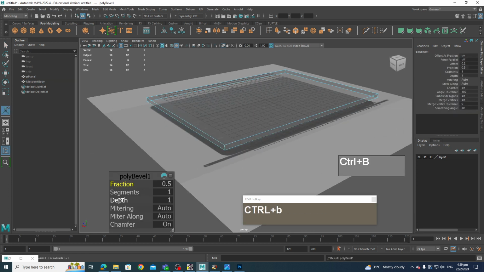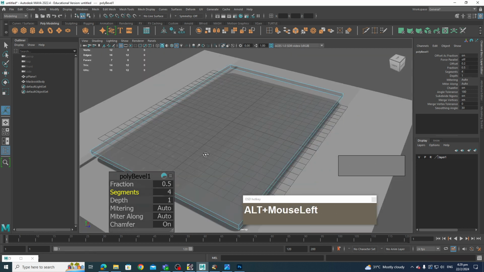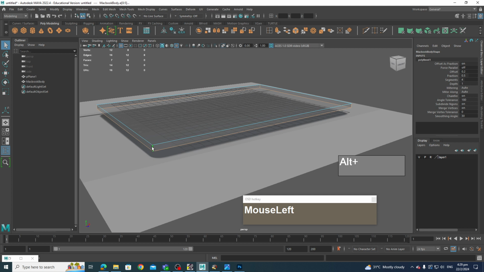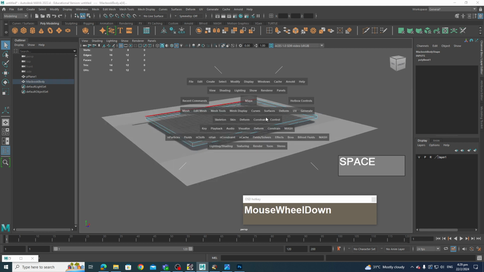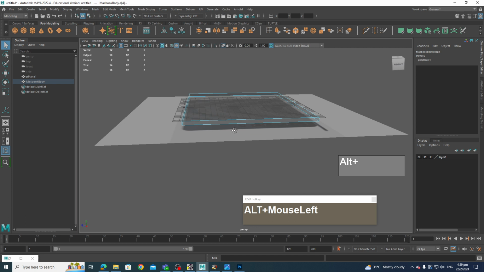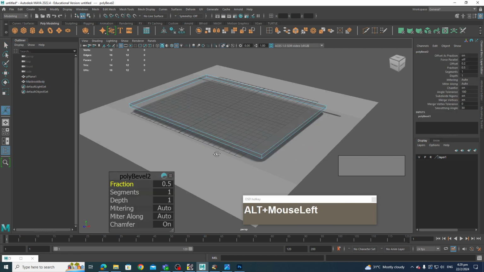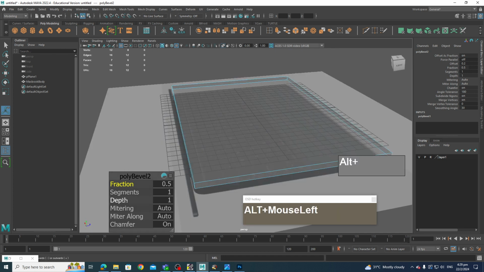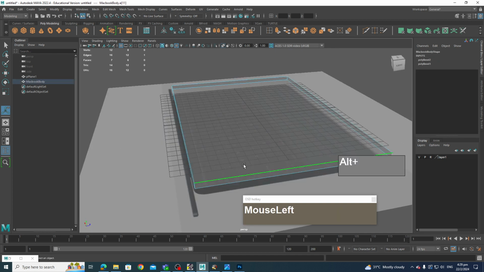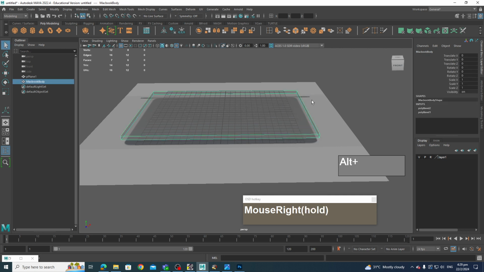Control B, and then increase the segment. Now nothing is happening. Okay, never mind. I'm going to try another method. I'm going to select only the corners, and then we'll do the bottom bevel later on. Okay, only select the corners and bevel. This should work. Okay, something is not working. I think my bevel needs to be reset. Let me just recreate the